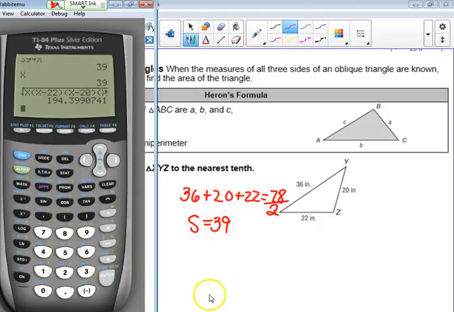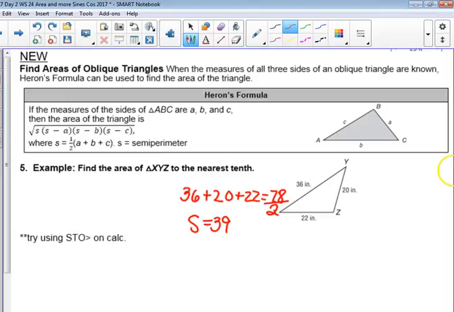Now, it doesn't seem like it saved that much time and effort, but sometimes that S value is like 25.835. Nobody wants to type that 4 times, right? Did someone else get 194.4? Okay, so the area here,